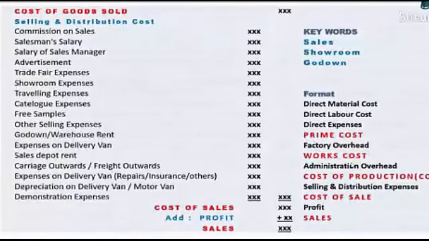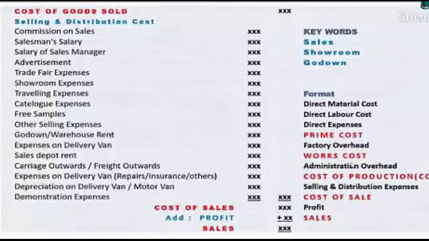Now traveling is a technical word. There is an understanding in accountancy: conveyance is for administration, traveling is for selling and distribution. So as stage 2 of classification, you can go into the technicality of this word and understand the difference. Catalog, again, is something like a hotel menu in a hotel. Similarly, whatever products we have, we have a catalog. This is for marketing purposes.